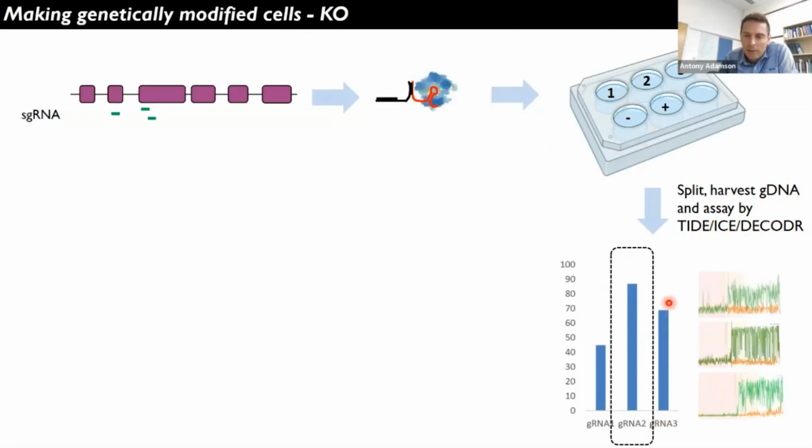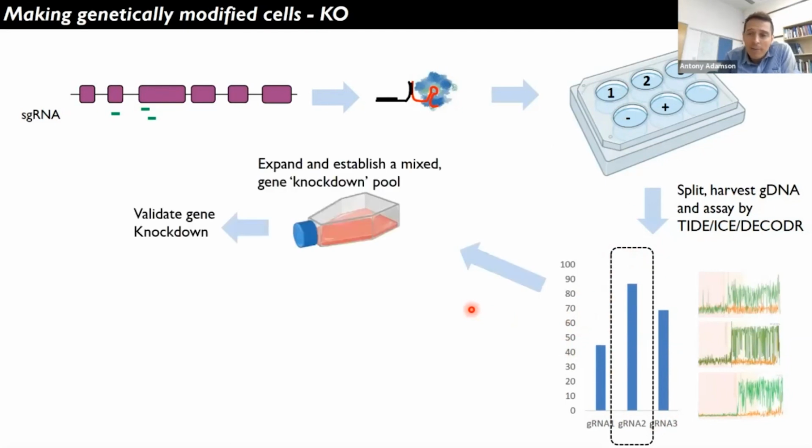And you can see in this example here, all 3 guide RNAs worked, all of them cut. Guide RNA 2 was giving us 80% indel efficiency, which is just far higher, and it means the following stage has become far simpler and far more streamlined for us. At this point, we can either hand the cells over to the group and say, oh, look, we've got a knockdown cell population for you. Around about 80% of the cells have lost the gene of interest, and they can go ahead and do their validation experiments, and then if they want to use it as a knockdown population, they can do, much quicker and